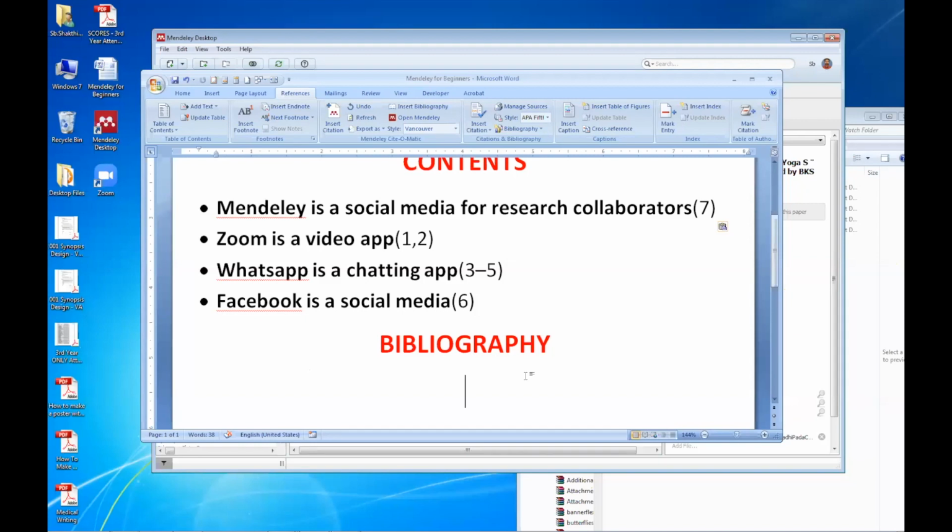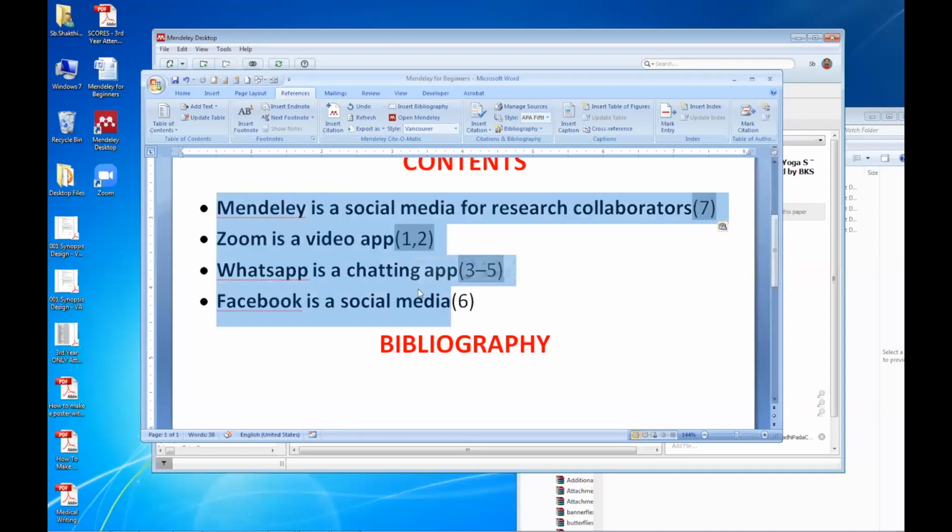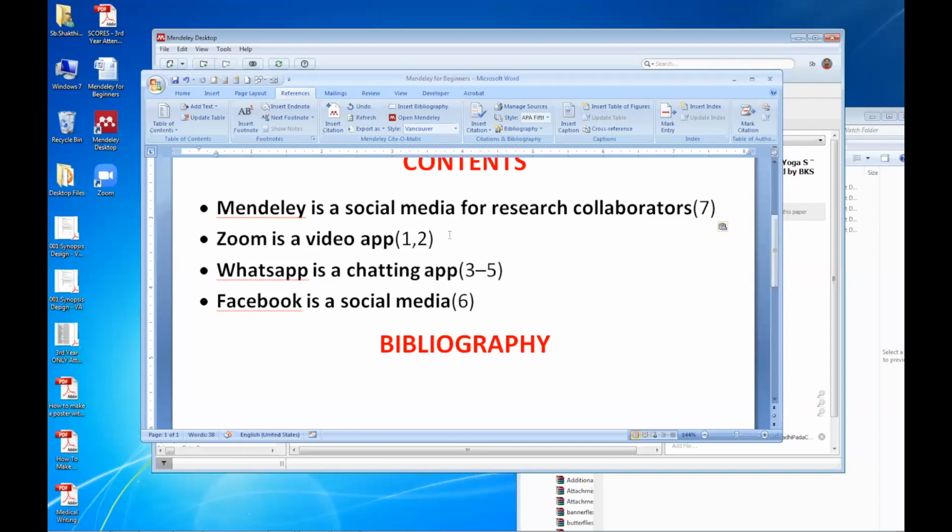I'm going to the bibliography. Now we have done typing. We did all this typing. We inserted the citation. We did some formatting work. After we typed everything, we inserted citations. We also changed the order of contents. Finally, go to bibliography. This is the place where we are going to give our whole reference list. I keep the cursor here. Keep in mind, keep the cursor where you want the bibliography to come.